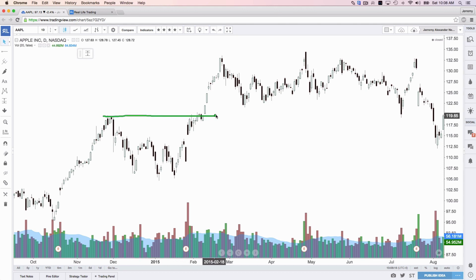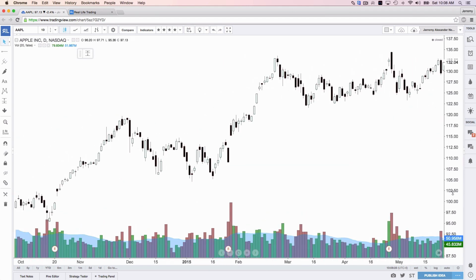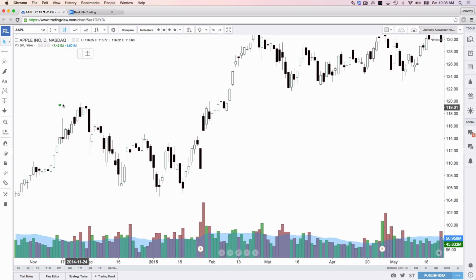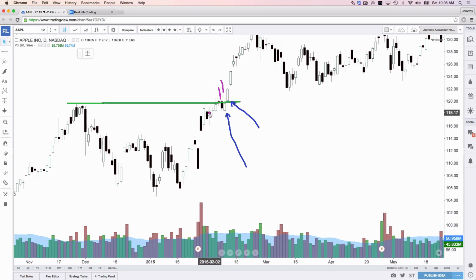How many candles of the same color occurred before it happened? So you had one white candle. Let me actually zoom in here a little bit more. Here's your white candle, or your bullish candle. Here's your resistance line again, and there is the breakout right there. And you had one bullish candle. There's your bullish candle, and before that, you had a bearish candle. You had a few other candles, but they're pretty mixed, right? It's a pretty mixed bag.